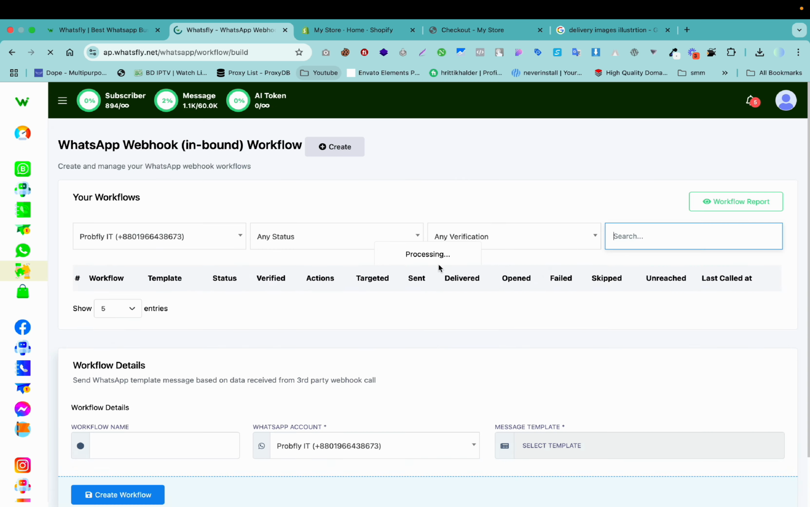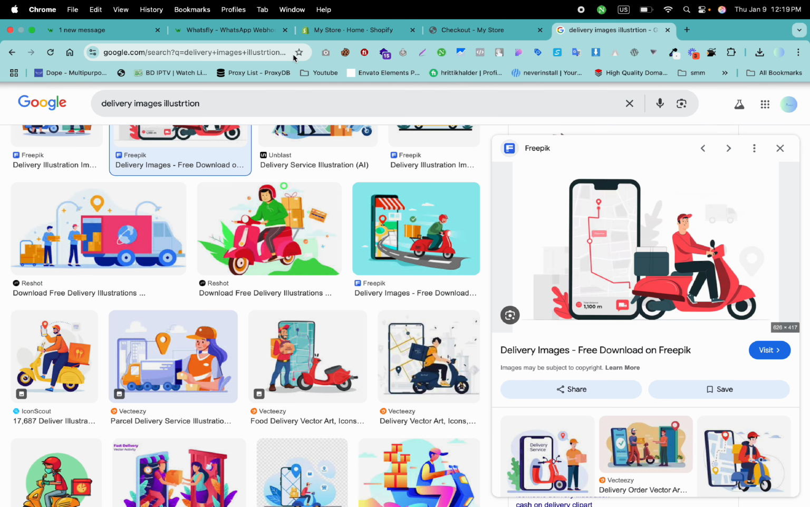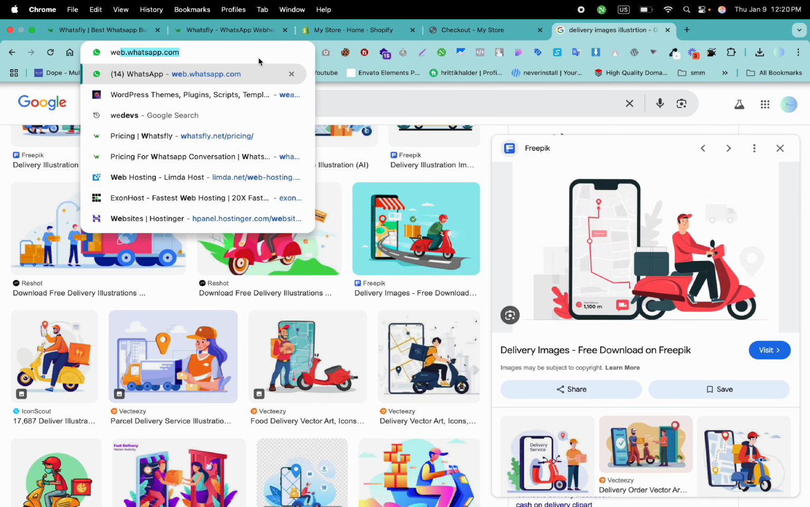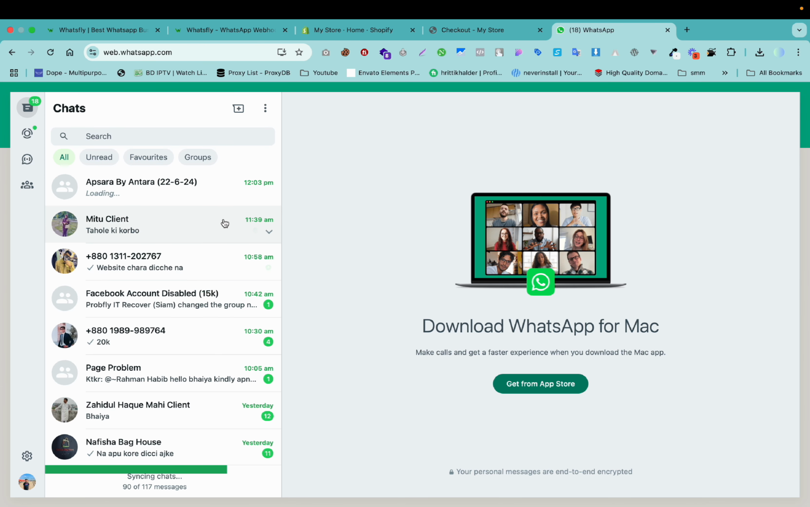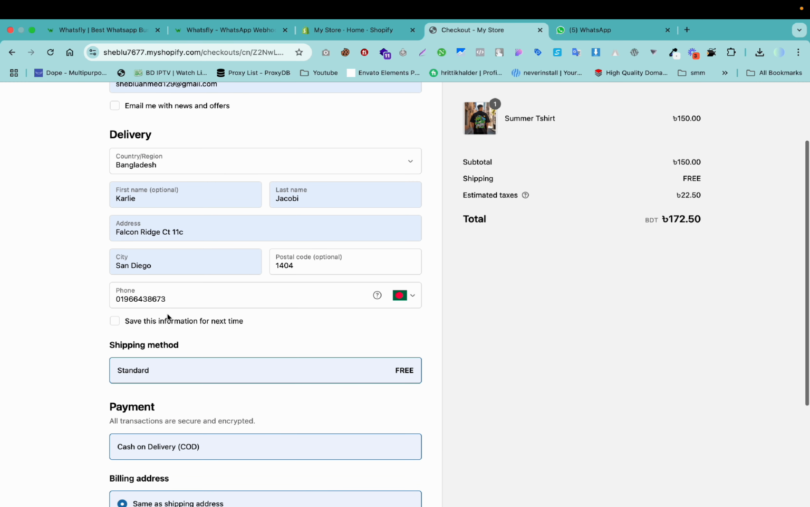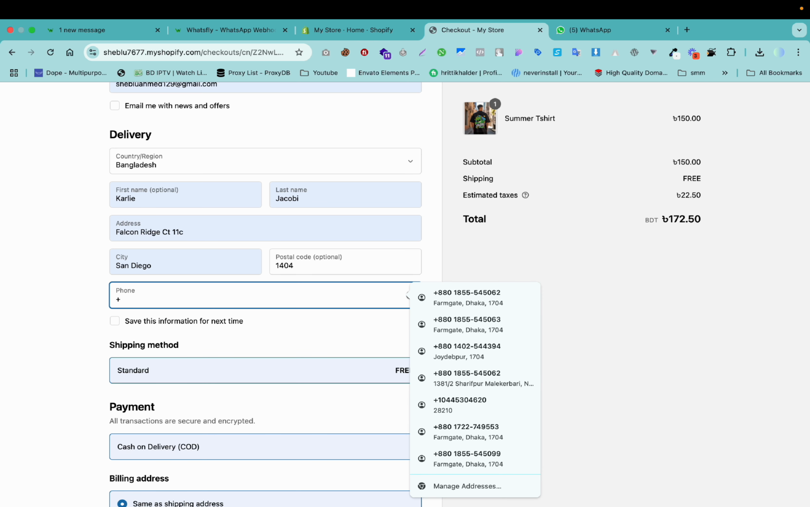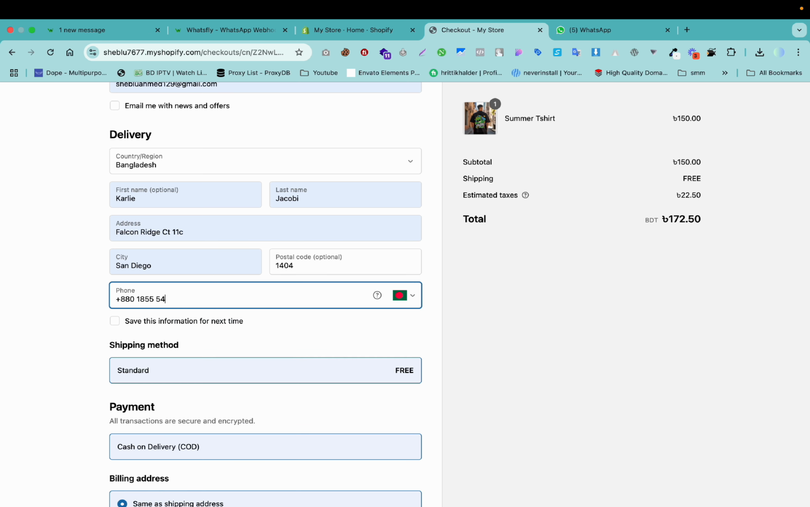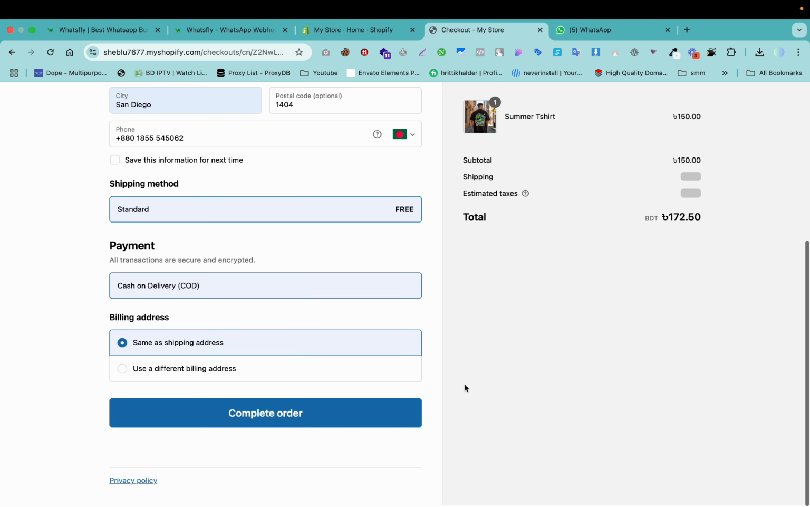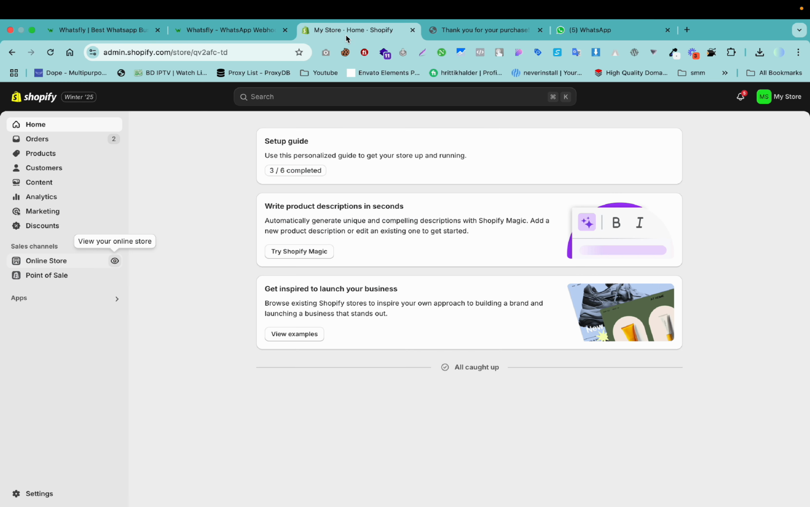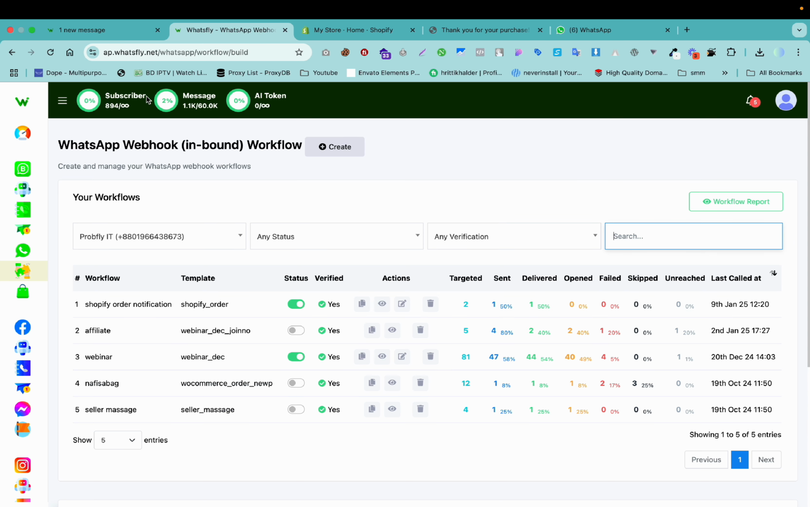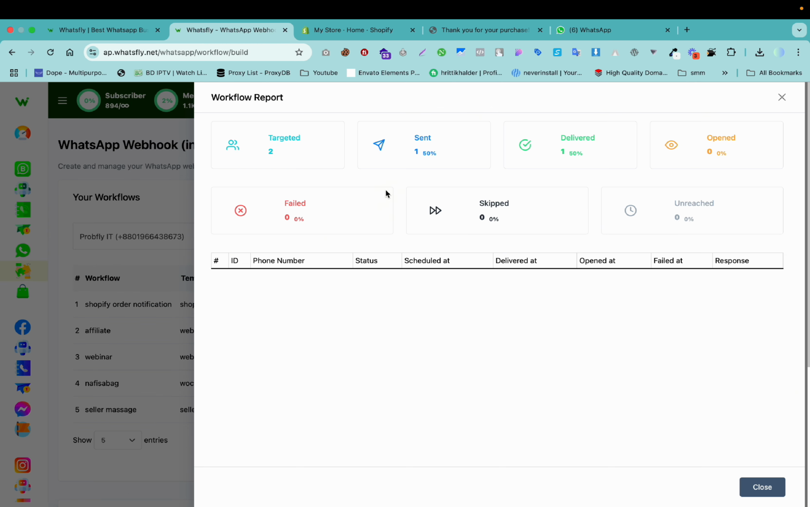Then after saving the workflow, I do a test order. So I go to my WhatsApp, and there is no message right now. If I go here and try to order something, I order something. And if I go to our workflow and refresh it, or view it,